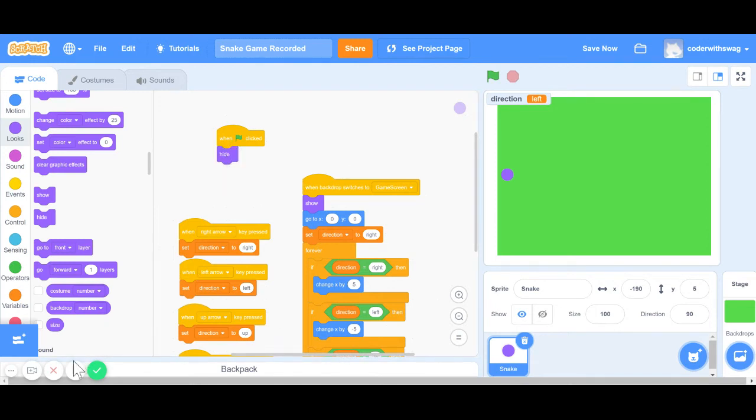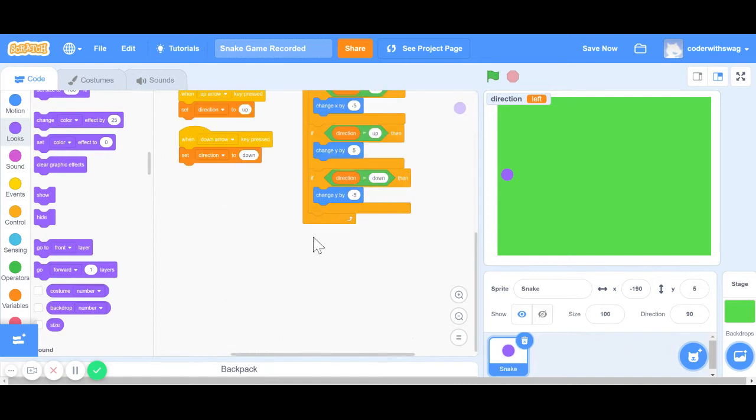So that's how we're gonna do that. Okay, so basically now when we immediately click the green flag, our snake is gonna hide. It's only going to show up when we switch to the game screen. Okay, now we're gonna make the code where the snake is going to end the game if it runs onto